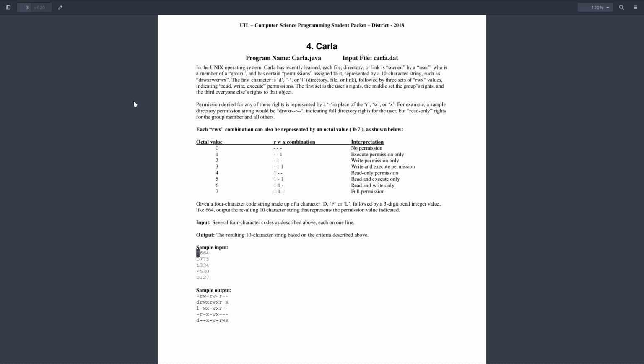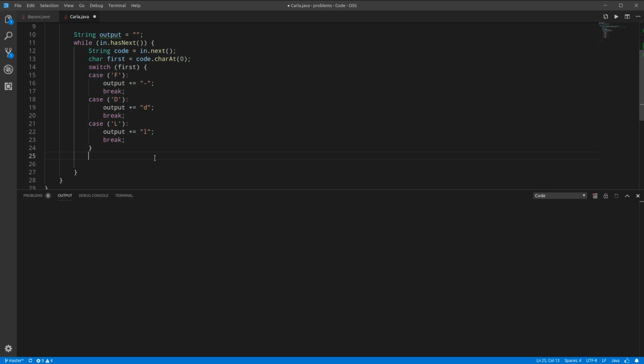So if I look at the rest, we've got 3 integers, 6, 6, and 4, 7, 7, 5. So we don't know what they're going to be, but we want to tear them apart and look at them separately. So we have integer dot parse int, but notice that it's expecting a string. So I've got to give this a string in order to turn it into a number. So that's what I'm going to do. I'm going to say